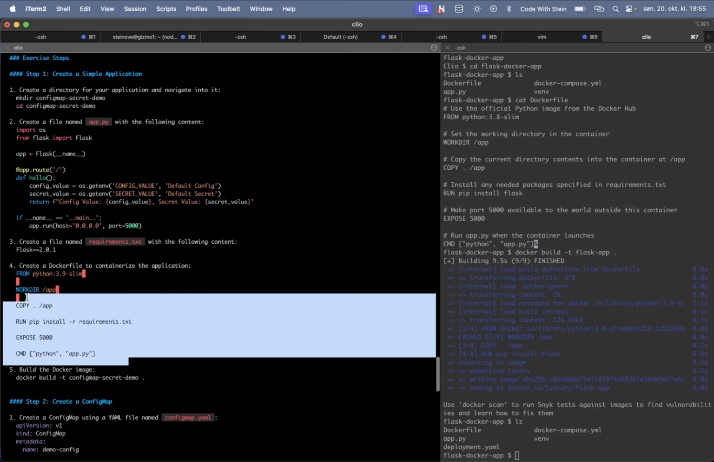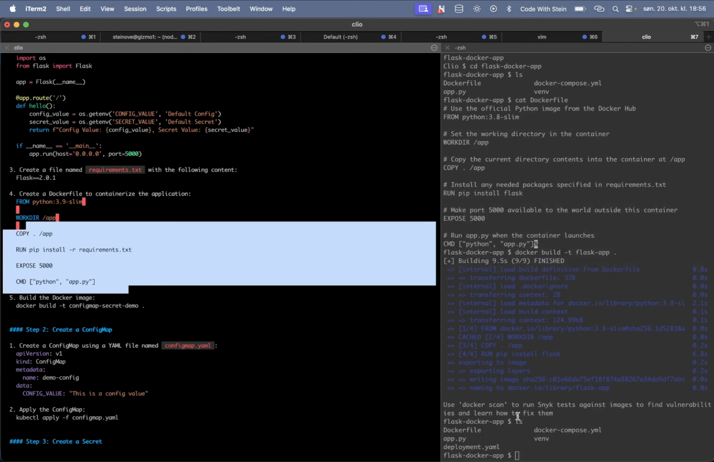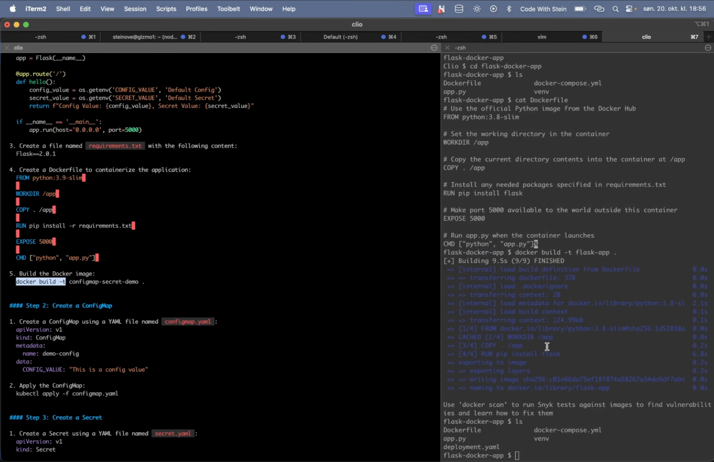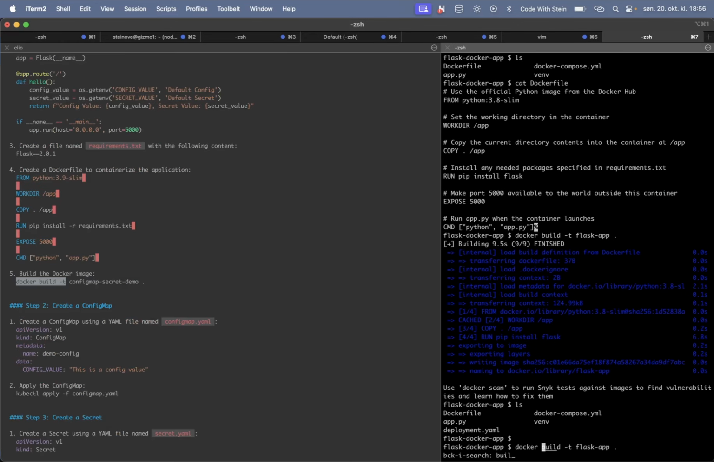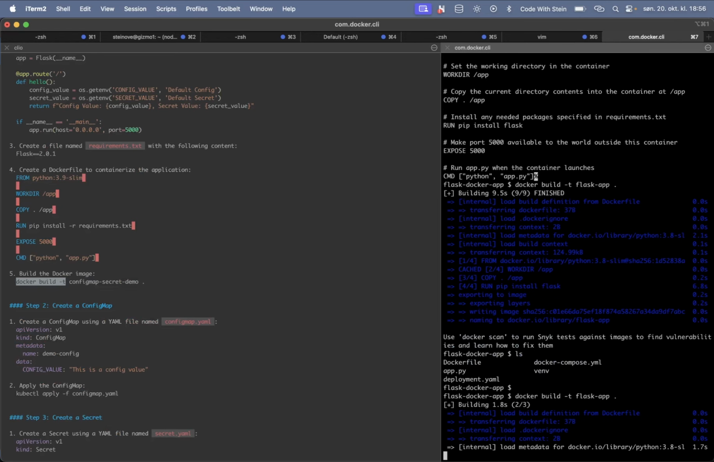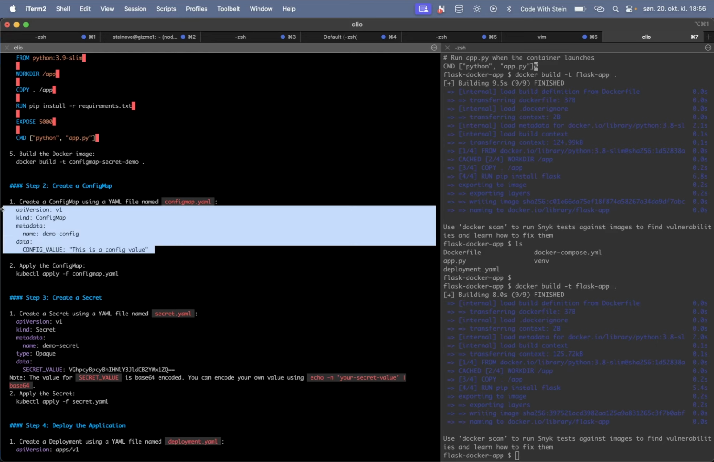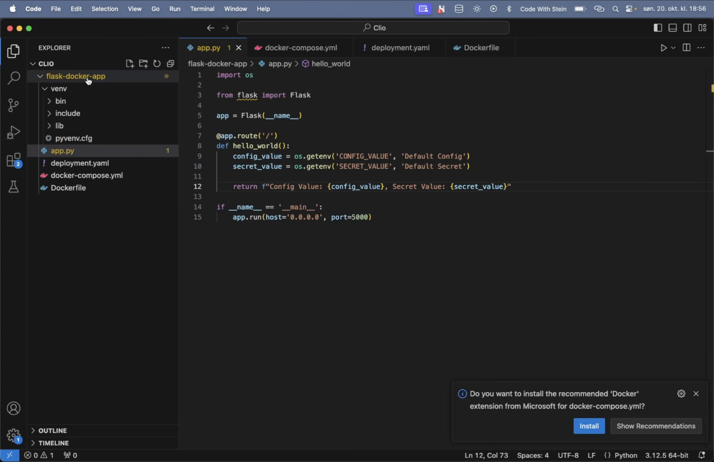Skip this because we already have the Docker file and Docker compose, but we can build, just search here, build Flask app and the folder we are in now, and then we need to do this, create a config map. Let's copy this, go back and see if we can create a new file,